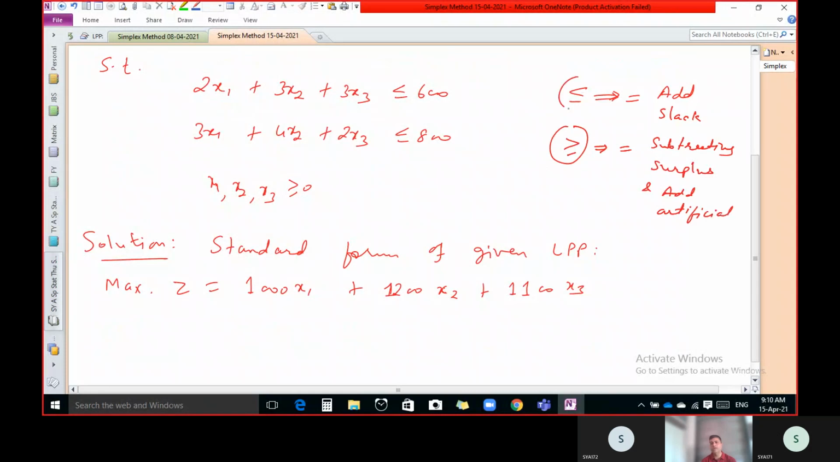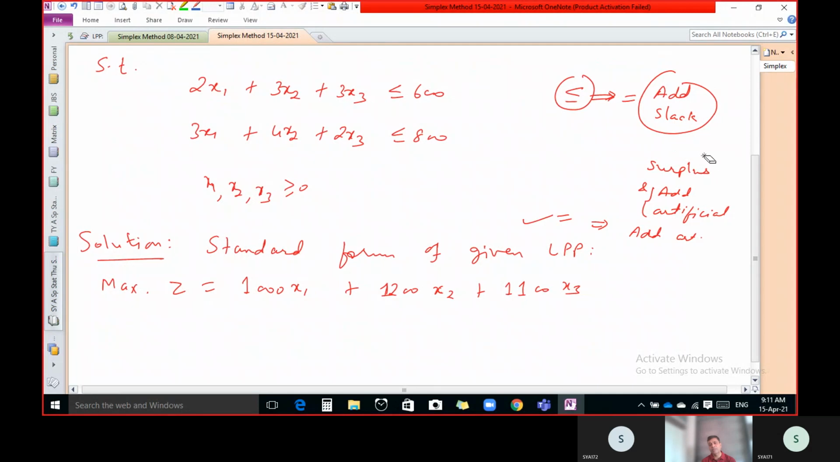So if there is a less than or equal to sign, simply we have to add slack variable. If there is a greater than or equal to sign, we have to subtract surplus variable and we have to add artificial variable. Why we have to add artificial variable, that we will discuss later on when we have that type of situation. And if there is only equal to sign here, instead of greater than or less than, even though you have to add artificial variable in that. So we have to add artificial variable when there is a greater than or equal to sign or equal to sign. But if there is a less than or equal to sign, in that case simply you have to